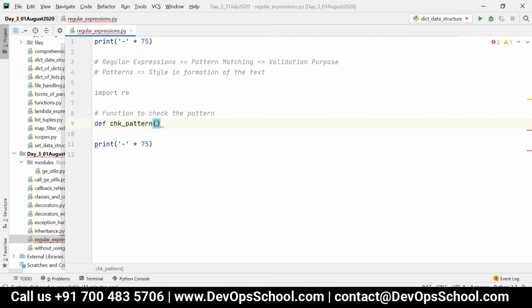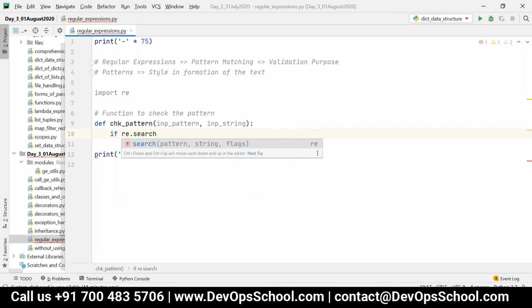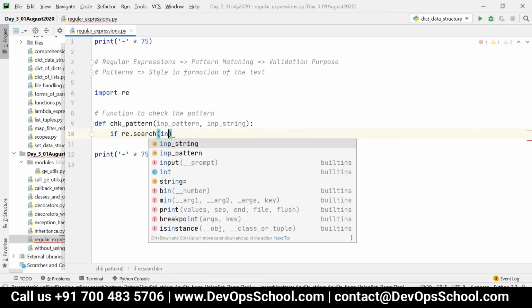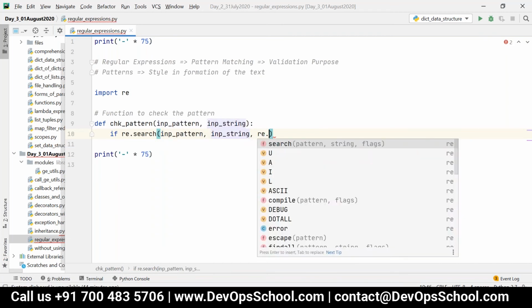I can write the first parameter as input pattern, and then input string. Then I'm going to use the method called re.search: re.search of input pattern, input string, and then re.I.